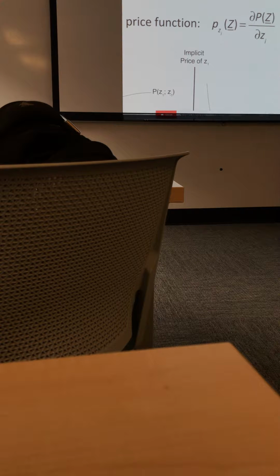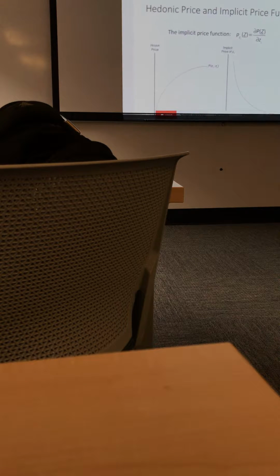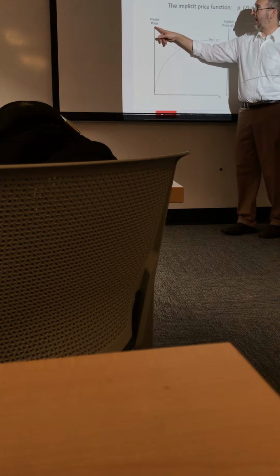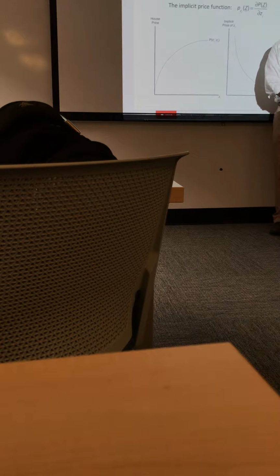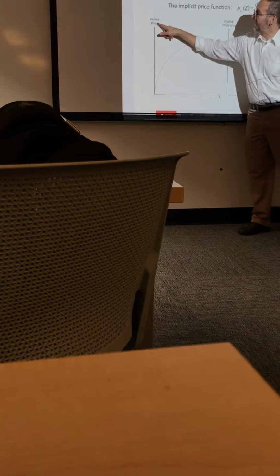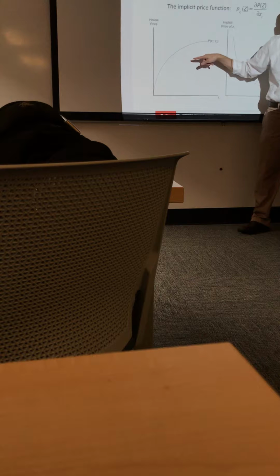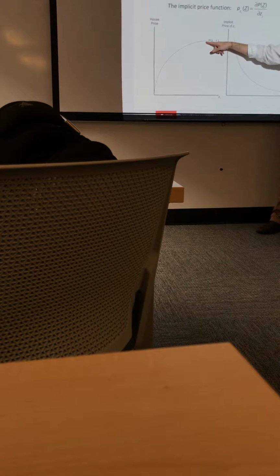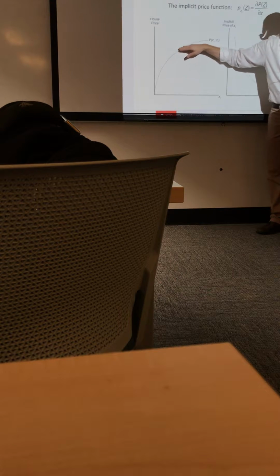Just a linear function. But whatever it is, what that number tells you is how much you have to give up in other stuff. By paying more for a house, you're giving up money that you could buy food with, or go to movies with, or take trips with. How much of that other stuff are you giving up in exchange for one more unit of Z1? That's what the slope of that line is telling you at the margin. So if we take that derivative and plot it, here it's an increasing function, so the derivative is positive, but it's getting smaller as we go up.